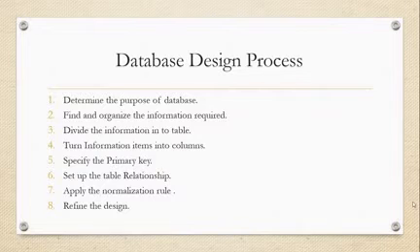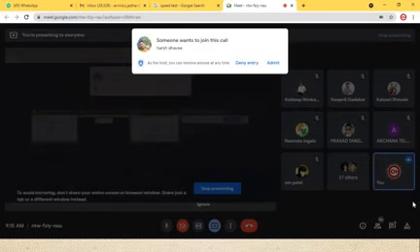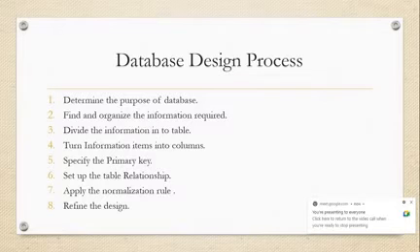In that case, we need to take care of certain things. These are the 8 things. While developing any application, while developing any database design process, we need to take care of these 8 steps. Among those, we have learned a few steps. We need to learn about normalization and relationships. We'll discuss that after the database design session.